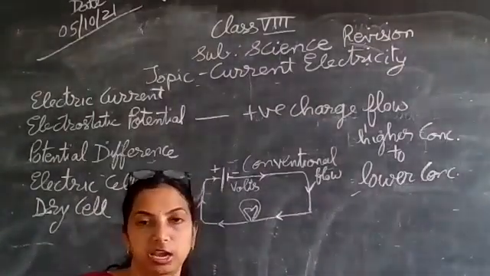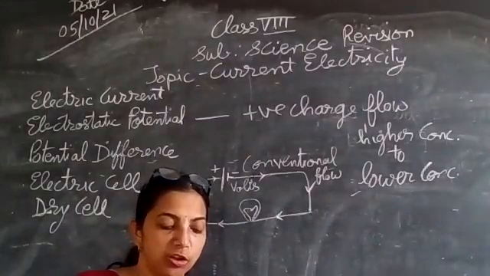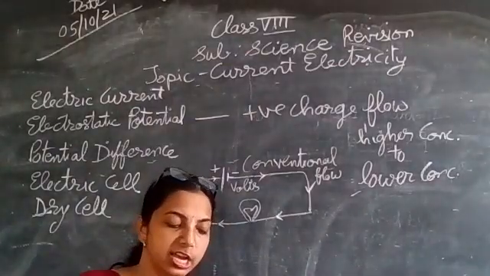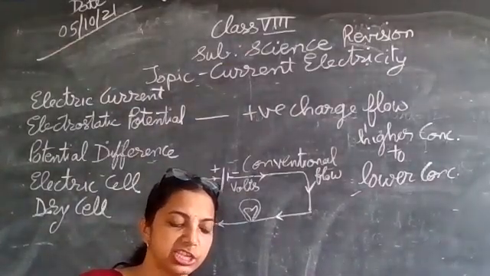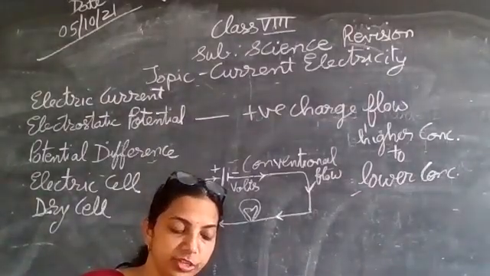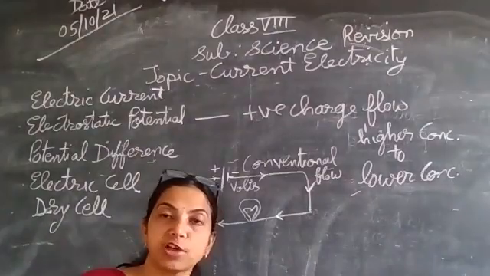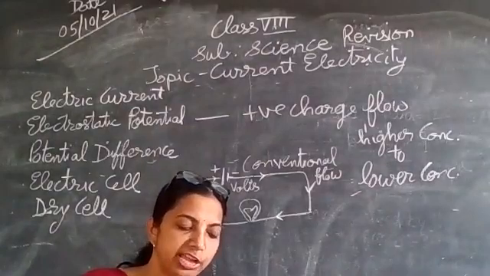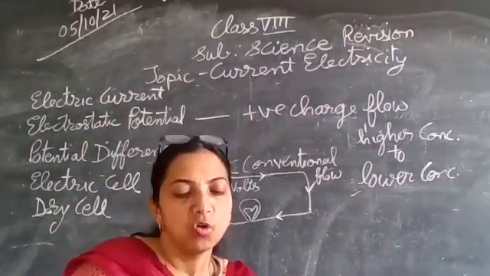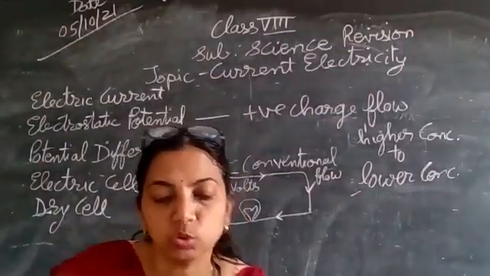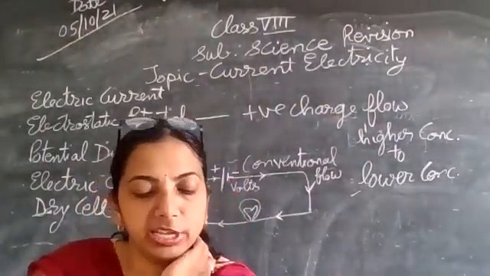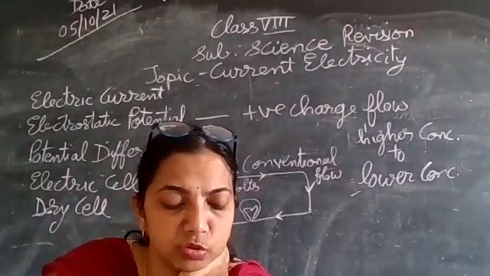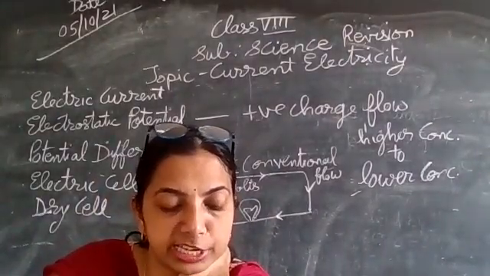Now the electric cell that we are considering: a source is required to produce a uniform flow of charges in a circuit, and such a device is an electric cell. This is a simple device. Various types of electric cells are available nowadays, and they are used in a range of machines as per need, from wristwatches to submarines. Out of these, you must be aware of the solar cell nowadays.